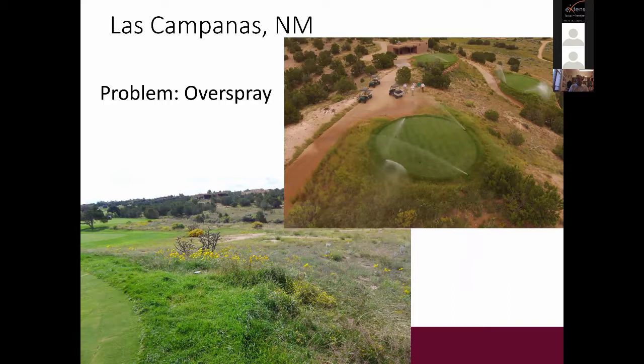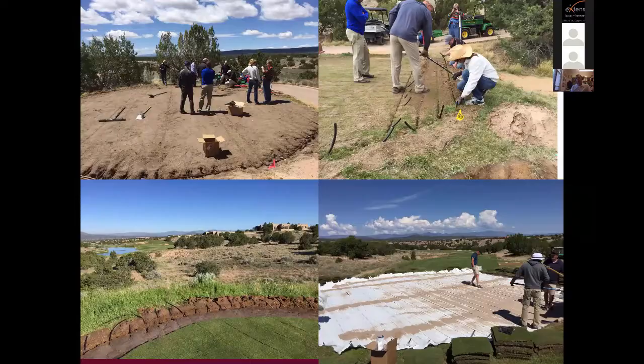conducting a project on the golf course by looking at subsurface drip on these tee areas. And also the USGA agronomists came on board, and we submitted for a grant, which was awarded. So we went out and put 12 tee boxes on subsurface drip irrigation, and we had all four big players